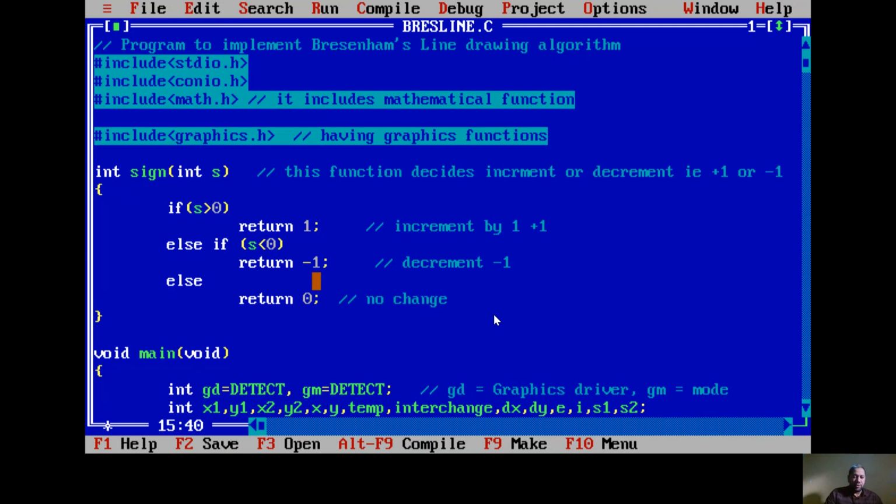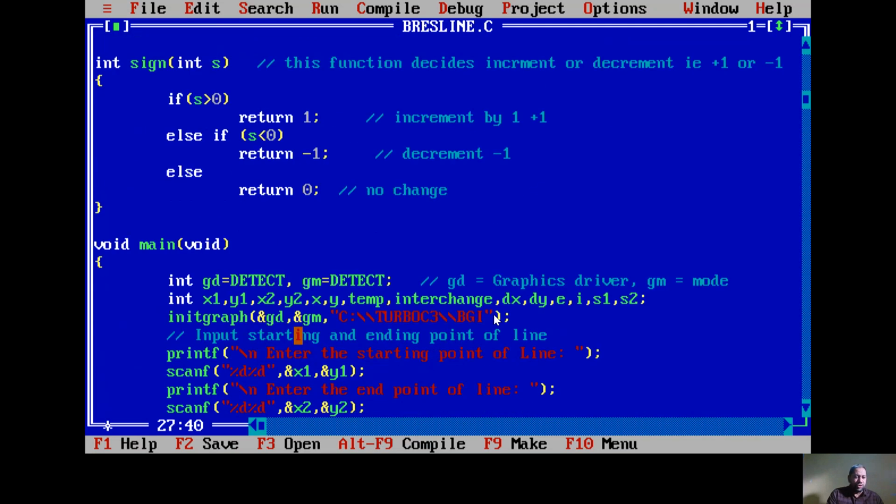I may have my past value, maybe x2 minus x1 may be the same, or maybe y2 minus y1 may be the same. So this is what our sign function is. Now after this sign function,